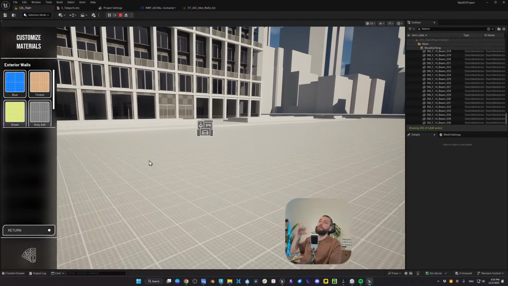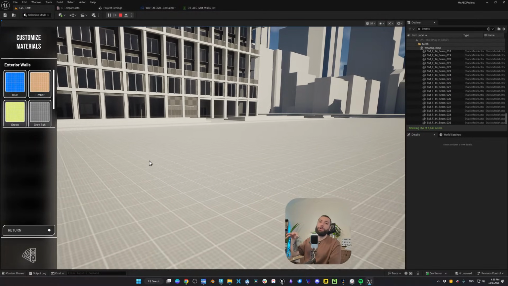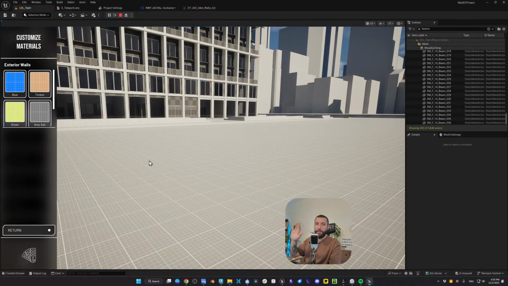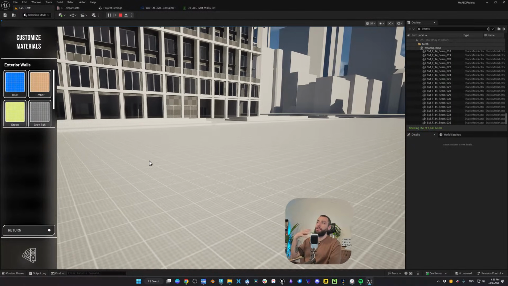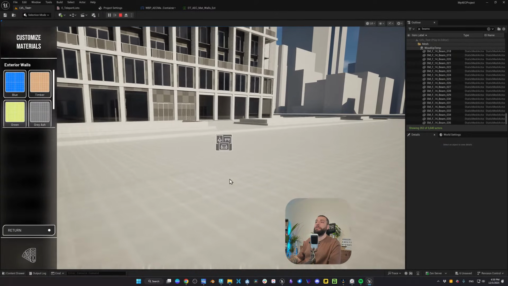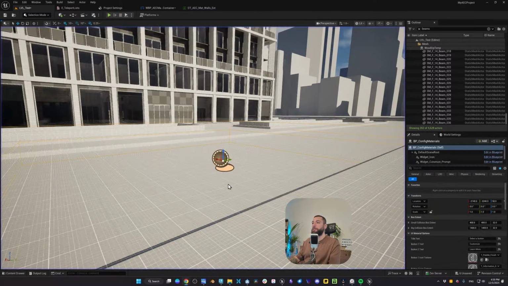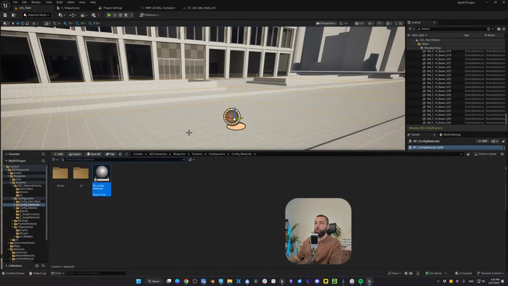So when we add the customization actor, first you are completely outside of the collision boxes. We don't see anything. The moment we get near a specific object that we can customize, on top of it, we're gonna have an icon. And when you get really near that object, you can have a prompt to tell you what do you want to do. You want to learn more or you want to customize. So, oops, I changed the panel here on the left. So let's add an object to customize.